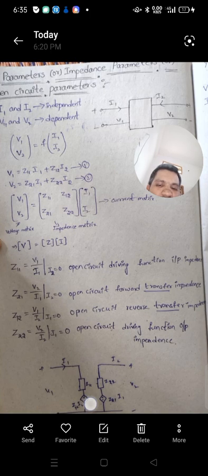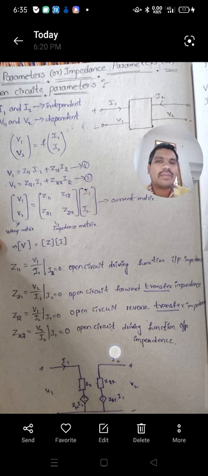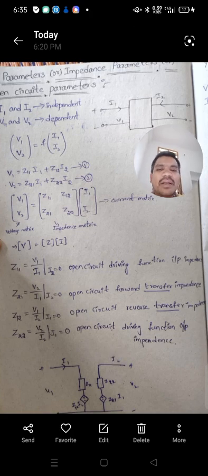transfer impedance. And for the second KVL equation, the voltage V2 is connected across the two terminals, from this terminal to this terminal, and V2 is depending upon Z22 and Z21 into I1. So V1 and V2 are connected on the bottom side. So this circuit is called the open circuit of the Z parameters. So this is about the Z parameters or impedance parameters or open circuited parameters.